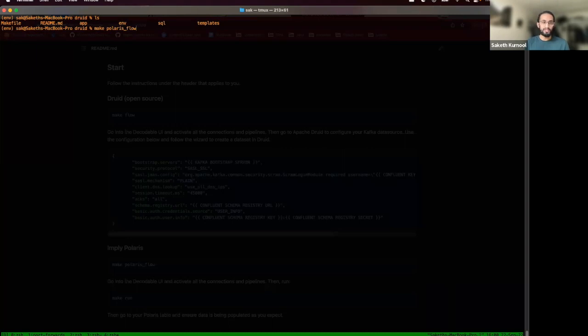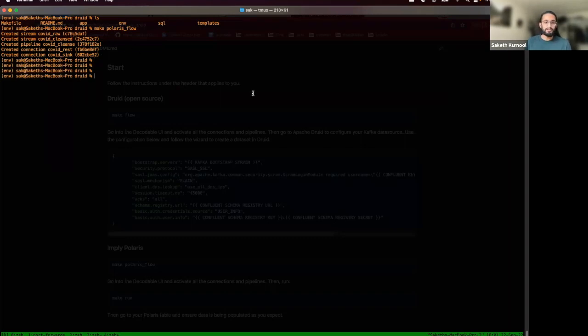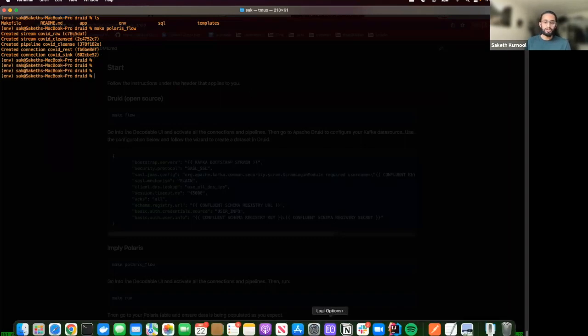And I've essentially already hooked it up to my deployment of Decodable. It basically uses the Decodable CLI under the hood to create a couple of resources, namely the raw stream, the cleanse stream, the pipeline, the source connection, and then the sync connection, which should be created right now. Cool. Awesome. So at this point, let me go into Decodable and show you what I've created,